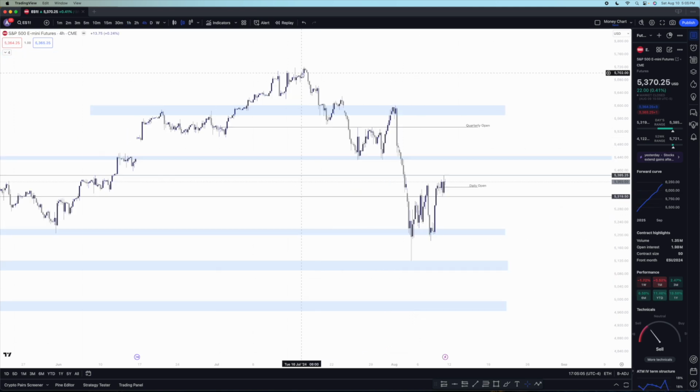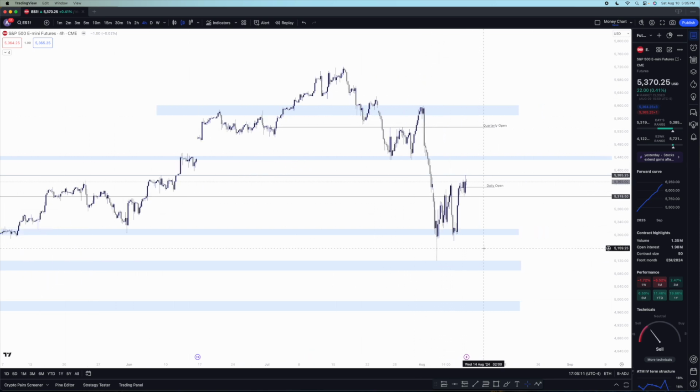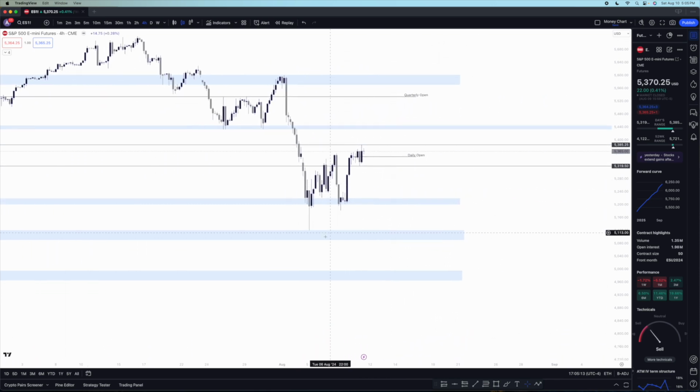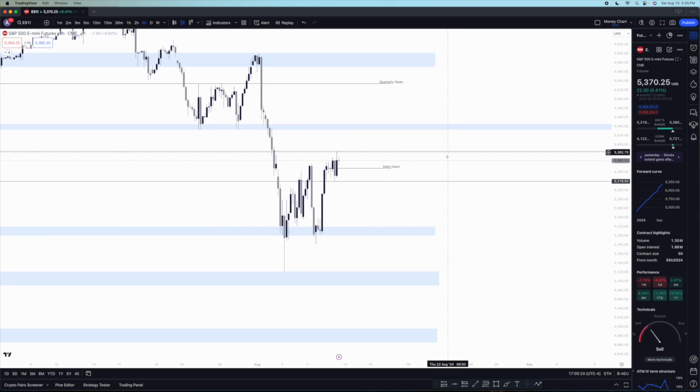Taking a look at the 4-hour chart on the ES, as you can see, pretty much very similar to the Nasdaq. Yes, we have been selling off, but for this past week, you could see that we are on an uptrend. We could see that there's higher lows and we have higher highs. So what we want to see right away, what are the levels to the upside and what are the levels to the downside? So the high of the day on the ES was at 5,385. So we want to see a break above this level. If we get that break above this level, then the next target is